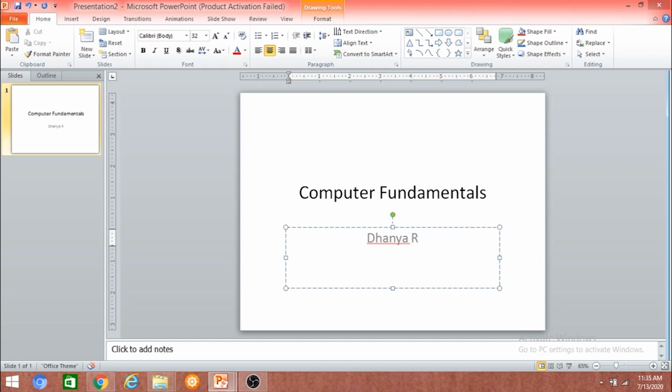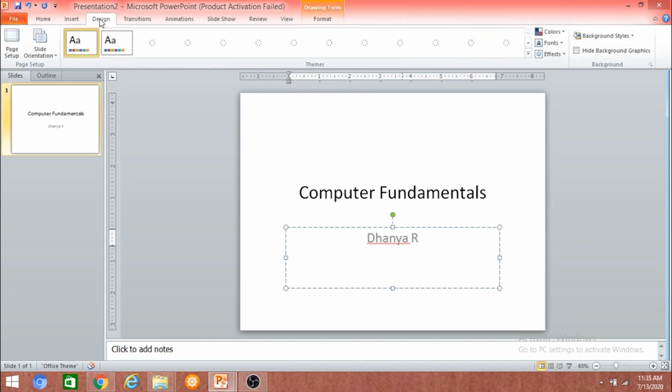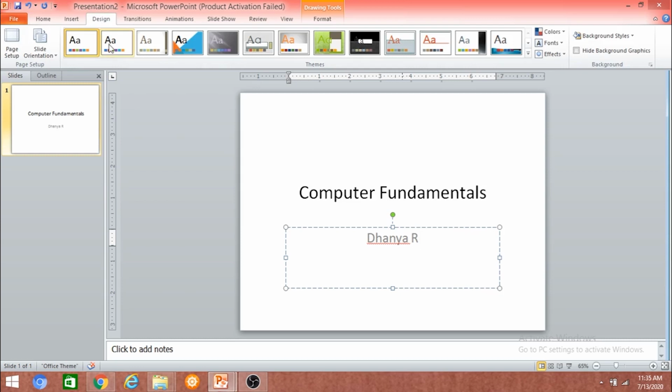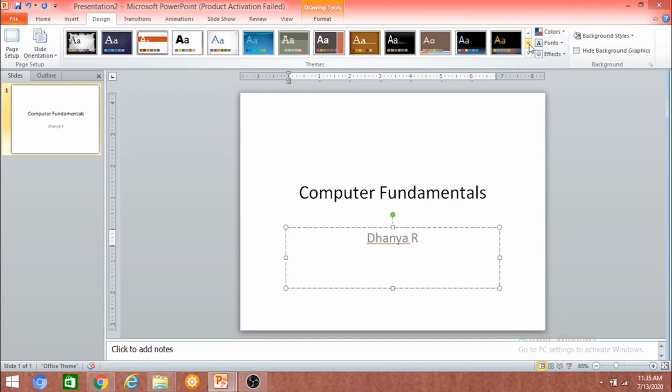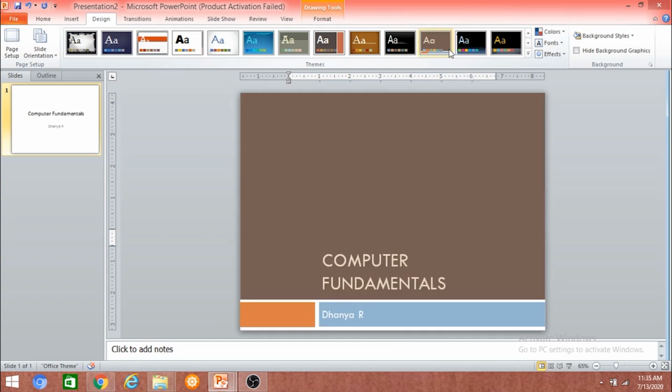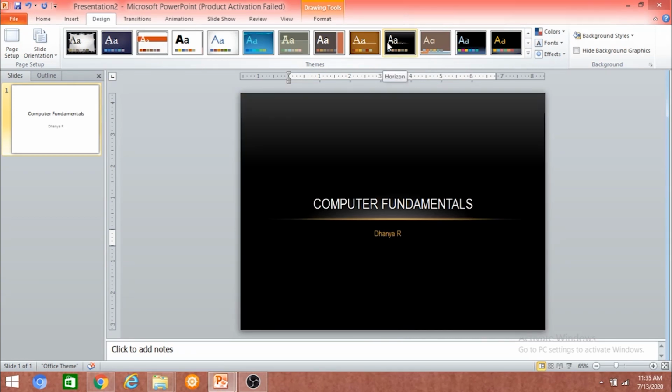So, as an alternative, go to the Design tab and you are provided with a set of design themes. By clicking on the down arrow, you will get more themes and you can even search for online themes. By moving the cursor over these themes, you will get a preview so that you can select an appropriate theme.